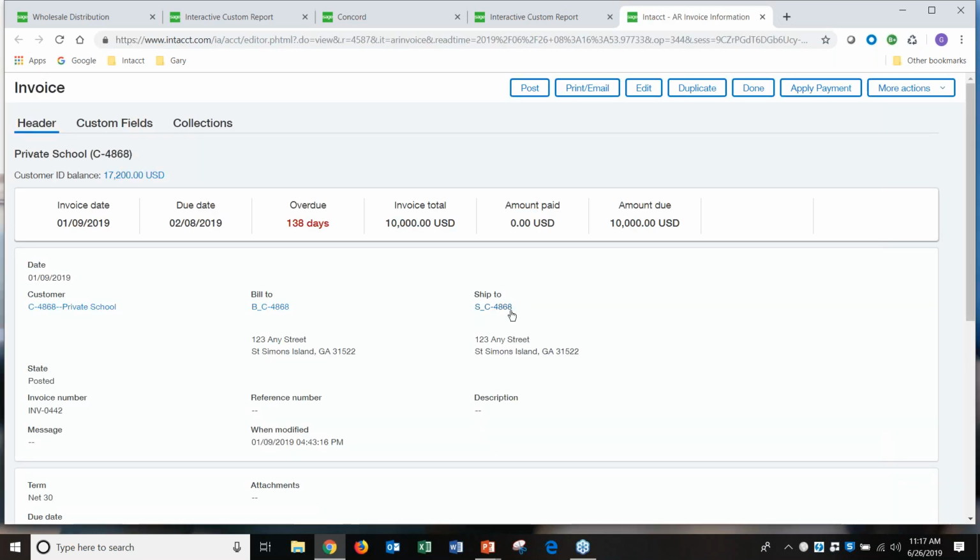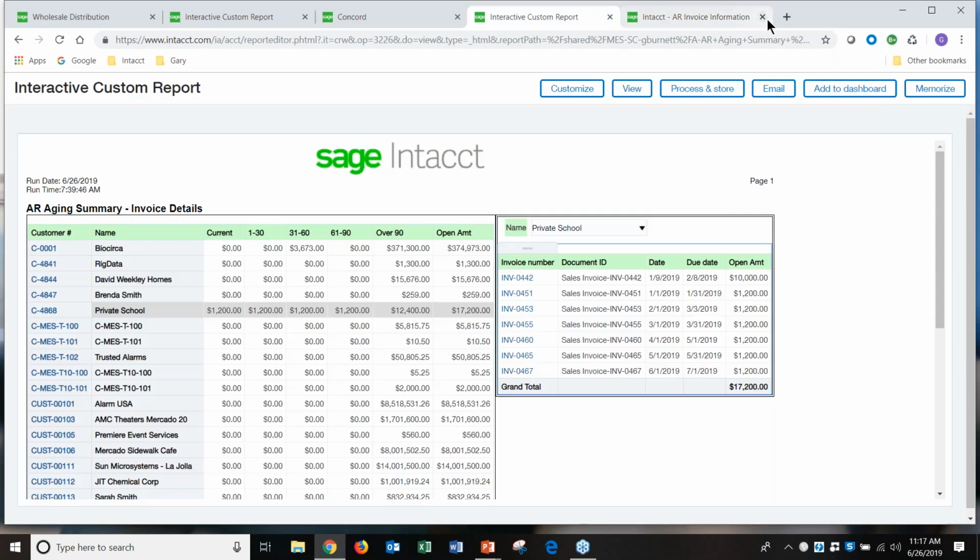So that capability of drilling back to that detail information is part of the capability built into the reporting capabilities. A couple things that I want to talk about here is now you see I've got a logo at the top, I've got page numbers, run date and time. So lots of different formatting we can do. And the other thing that you see up here is I can process, store, email, add to a dashboard, or